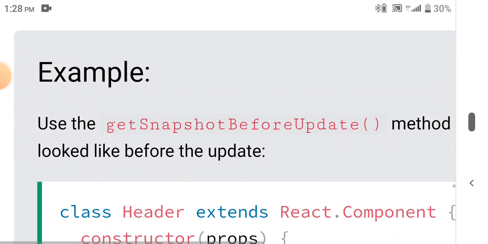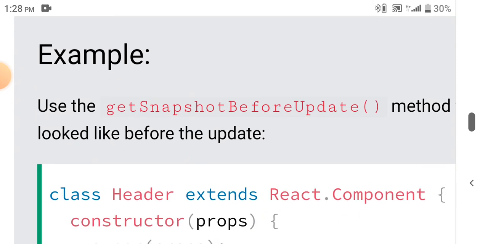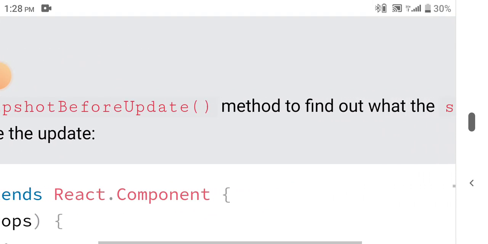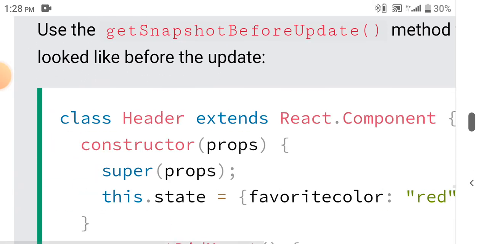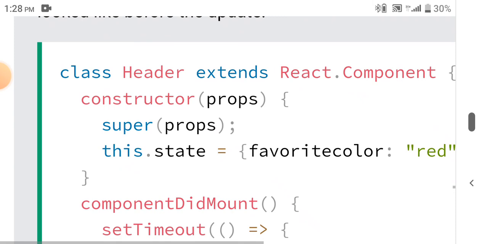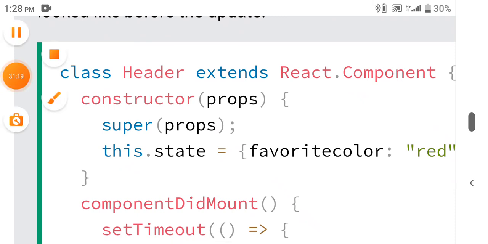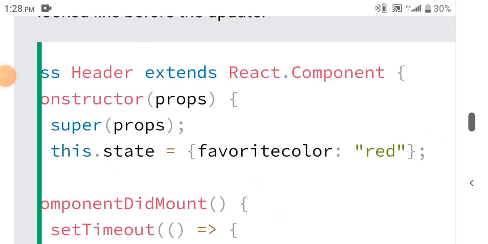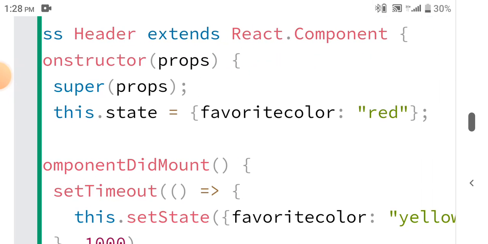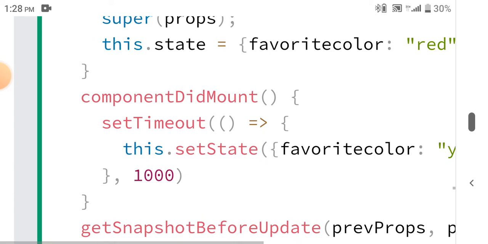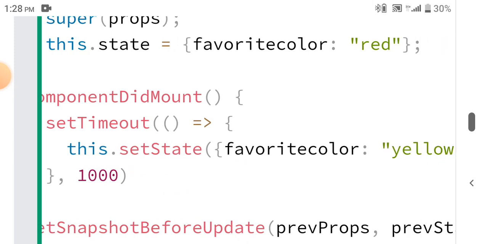Example: use the getSnapshotBeforeUpdate method to find out what the state object looked like before the update. Class Header extends React.Component, constructor(props), super(props), this.state = {favoritecolor: "red"}. componentDidMount method: setTimeout, arrow function, this.setState({favoritecolor: "yellow"})